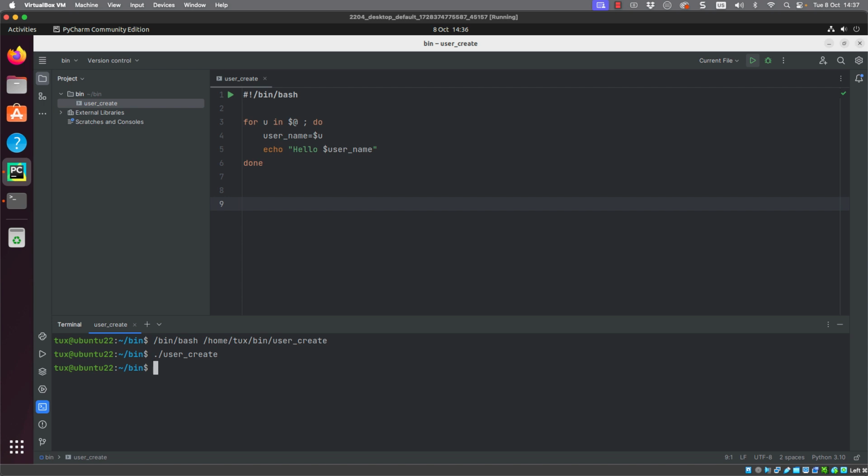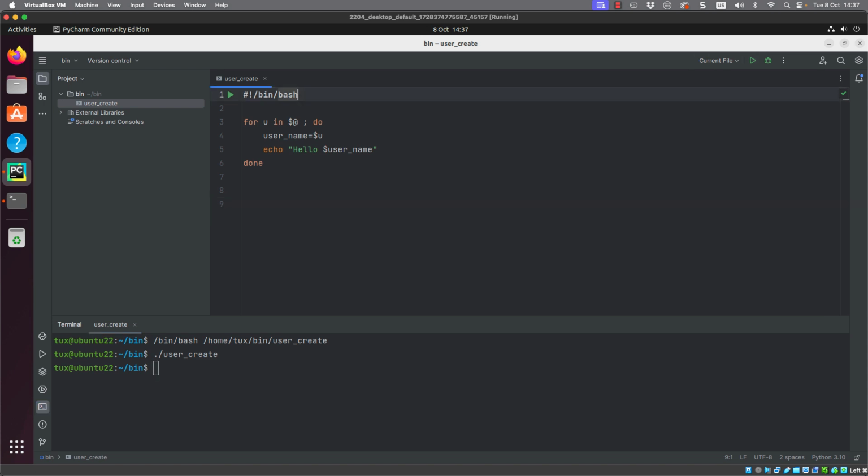Because we haven't provided any arguments, we're not processing elements within the for loop. So this could be both confusing to our users, but also annoying. They might not want to use it from the command line. They might want to use it interactively and provide a username. So we can cater for that, and being able to provide different ways of our users to access the application is going to be useful.